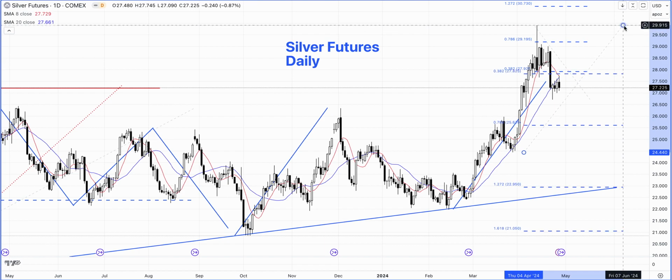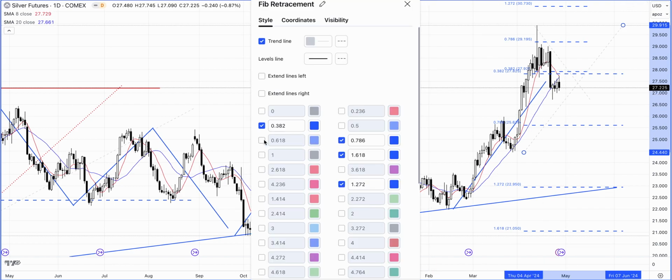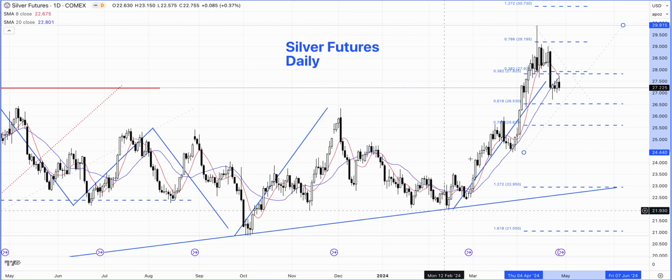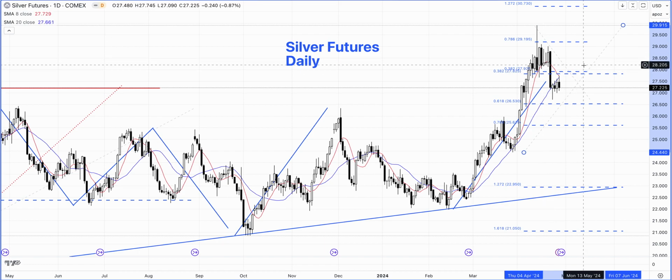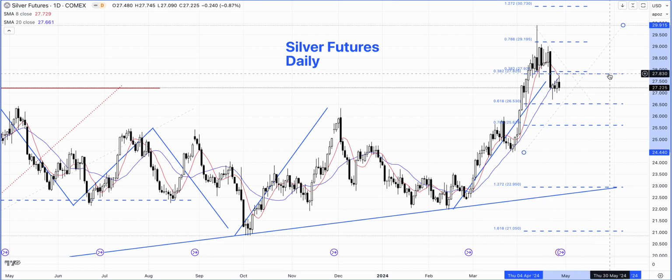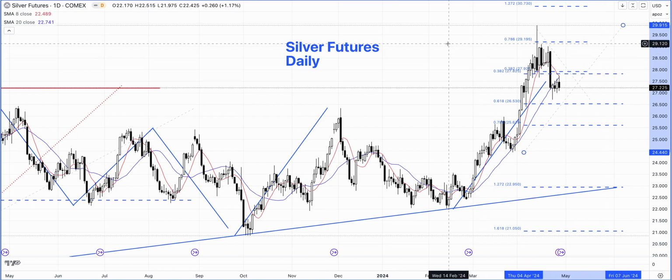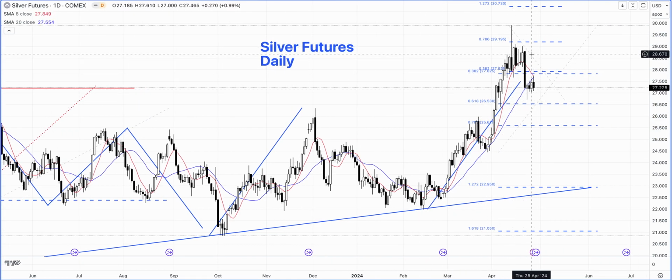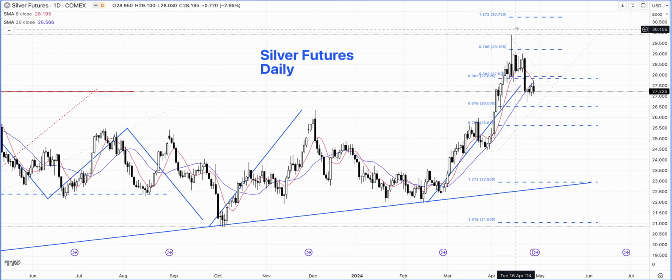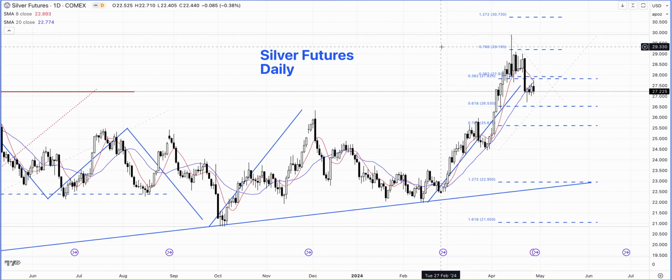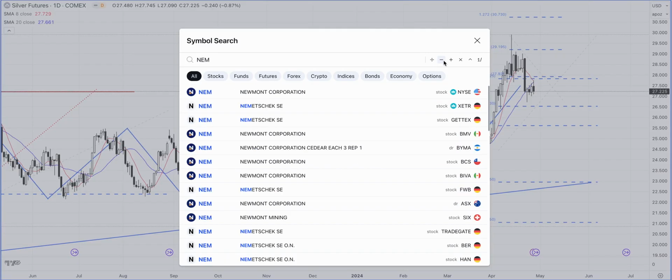So what is really important is for this market to hold this 61.8% retracement, which comes around 2653. If it begins to move above the 38.2% retracement around 2783 or above, then there's a chance that we might have seen a good low, and it could begin to move higher towards this 3075 level. Okay, so let's take a look at some of the gold miners.